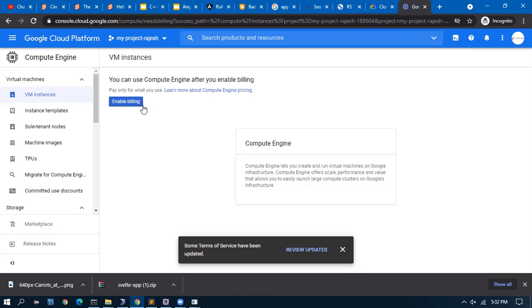That means how long the server is up. If on the weekend you switch off the server, you don't pay. And Monday morning you can restart the server and make it on.